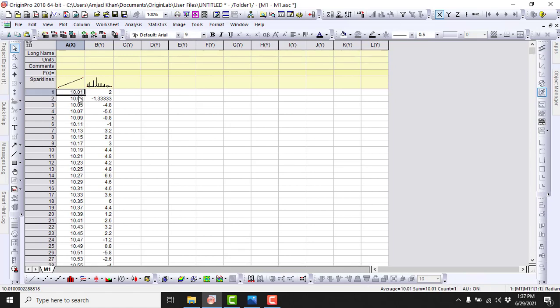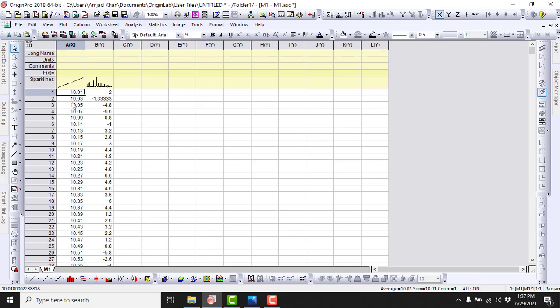The scan rate is the step at which the data points have been recorded. For example, this is 10.01 and the second step is 10.03. The difference between these two points is 0.02, which means the scan rate for this data is 0.02 degree.